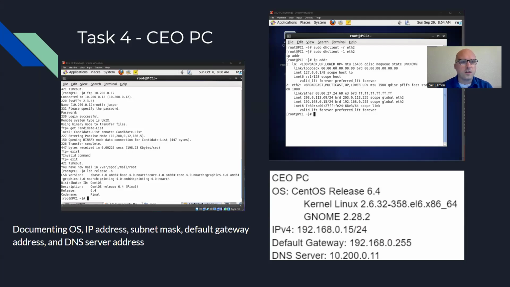Task 4 was documenting the OS, IP address, subnet mask, default gateway address, and DNS server address, that you can all see here. The CEO's PC is running on CentOS release 6.4. Its IP is 192.168.0.15, /24 is the prefix. The default gateway is 192.168.0.255, DNS server 10.200.0.11. And then